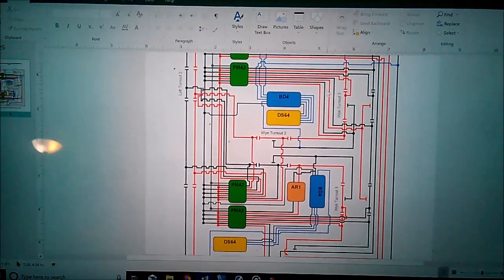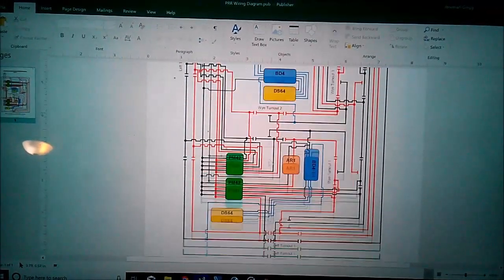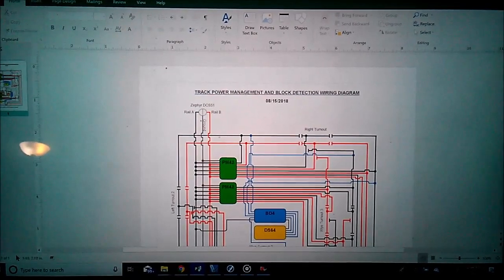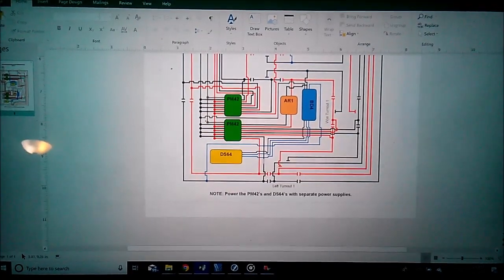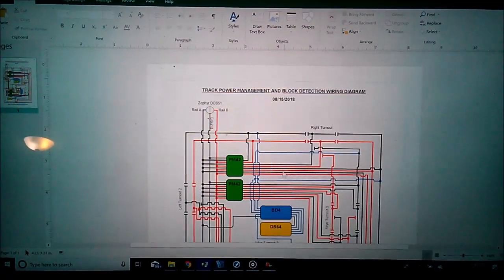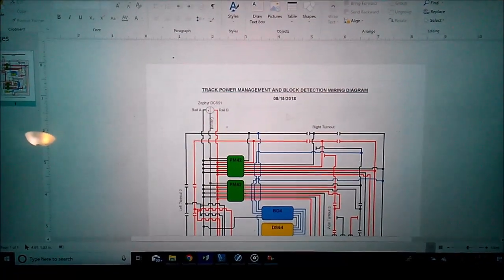I'd like to use LocoNet because I'd like to have computer control on this layout. So there's going to be some automation, and it's going to be fun. It's going to be exciting, and I'm really looking forward to figuring all that out. I've seen it done, and it looks pretty cool. So yeah, other than that,